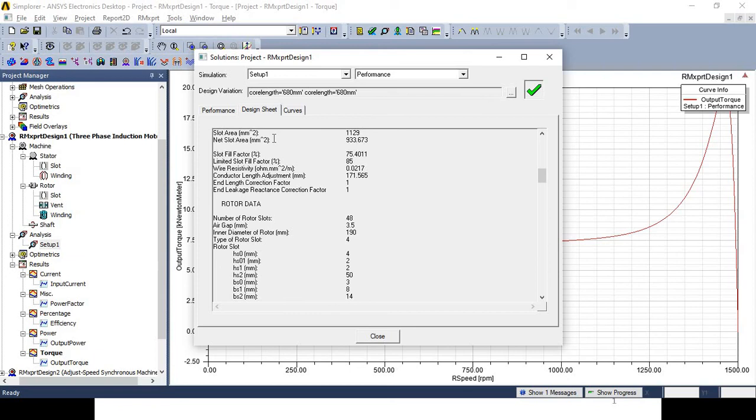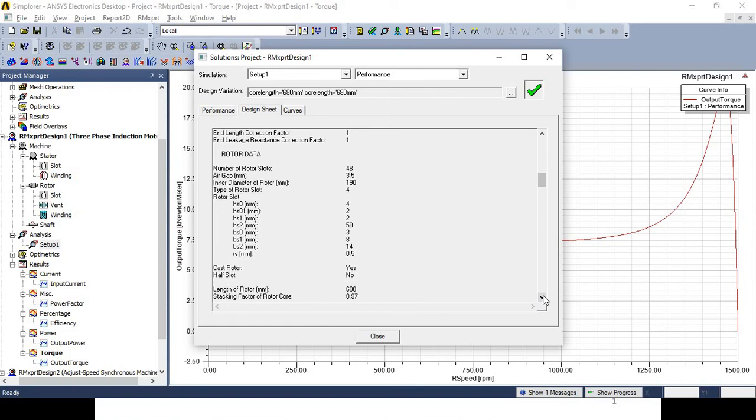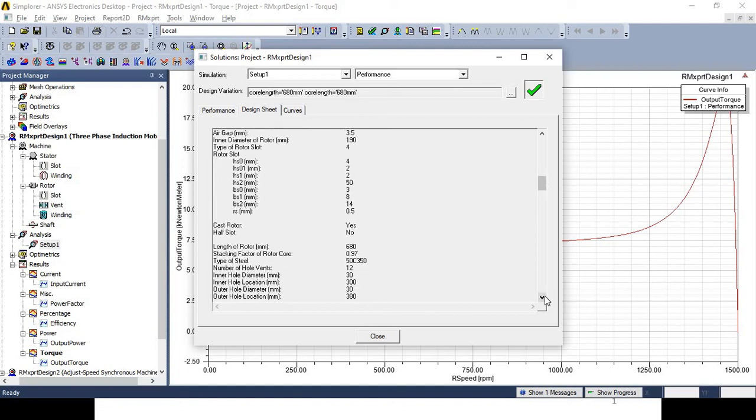then air gap in mm, inner diameter of the rotor in mm, type of rotor slot, then rotor slot geometry dimensions. As we had selected the type of the rotor slot is 4, HH0 in mm, HH01 in mm, HH2 in mm, BH0 in mm, BS1 in mm, BS2 in mm, and RS in mm. Then cast rotor you had checked, that is yes option. Half slot you had unchecked, that is no. Then length of the rotor in mm, stacking factor of the rotor core,